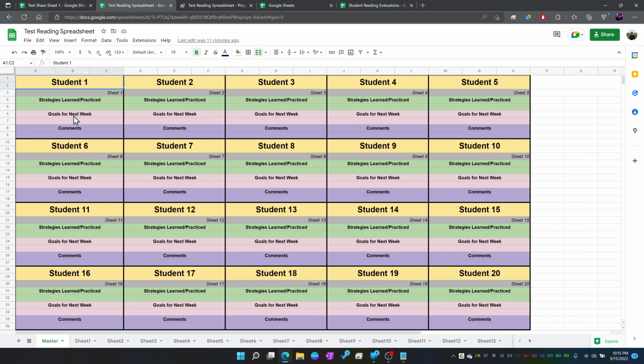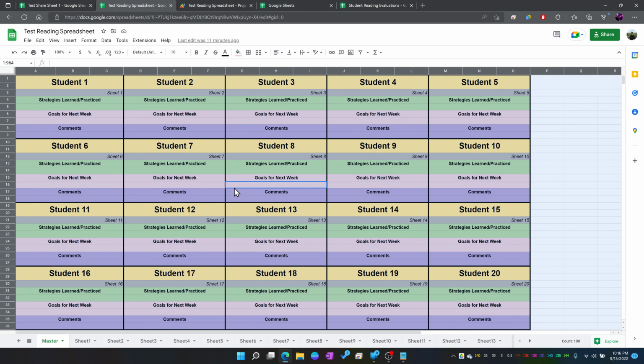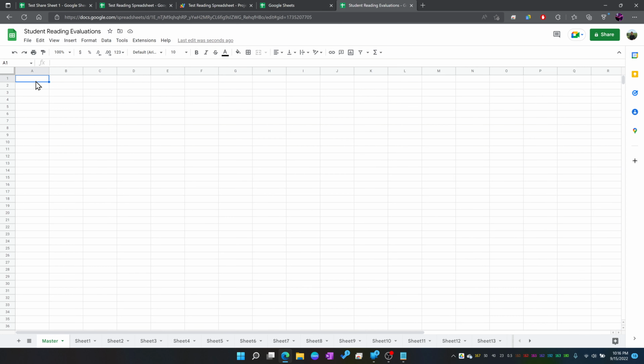So let's go back into the spreadsheet we've got shared with you. If you're on a PC, Control A. Sometimes you have to hit A twice, or if you're on a Mac, Command A, and then you'll see everything's highlighted, and then Control C or Command C if you're on Mac to copy everything. And then we're going to go over to the sheet that you made. Click up there in the top corner on cell A1, and then Control V or